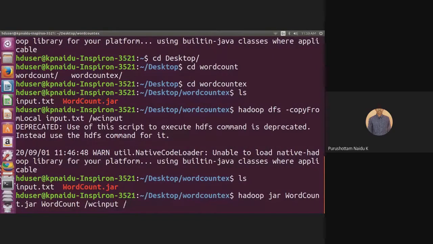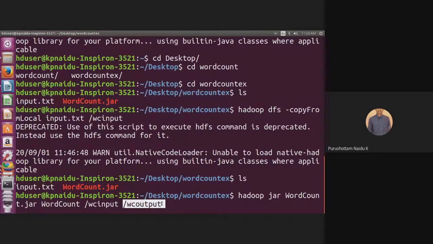Now, when we run the jar file, we don't need to create the output directory in HDFS. Whatever folder name we provide in args of 2, Hadoop itself creates that directory in the HDFS, and then the output is saved into that directory.